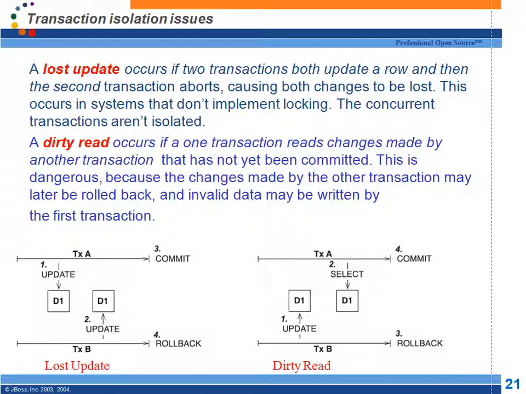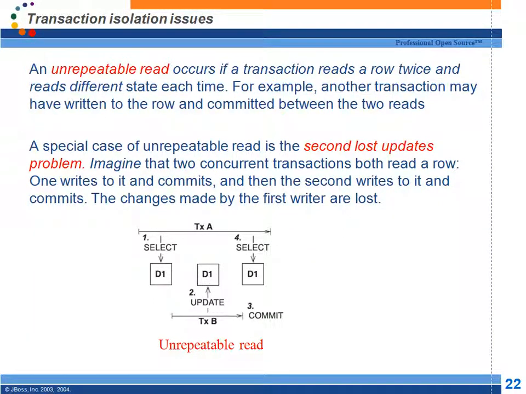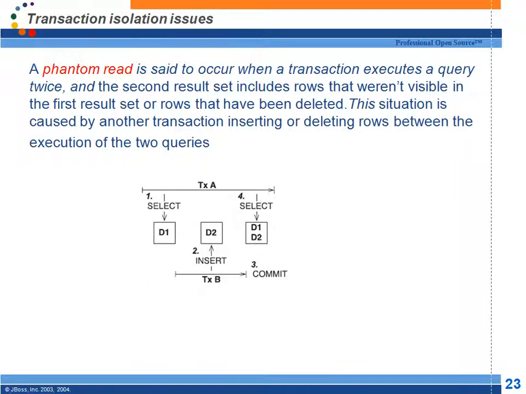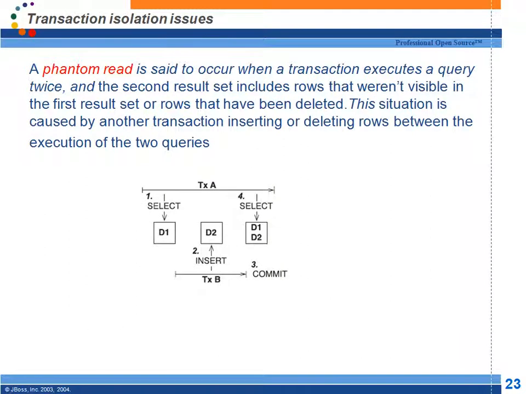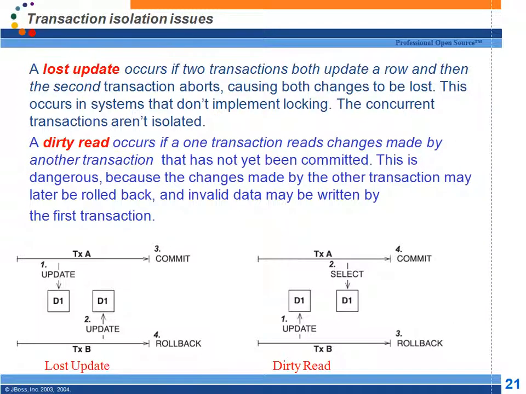There are a lot of transaction isolation issues, like last update issue, dirty read issue, and also unrepeatable read, and also phantom read. These are various transaction anomalies which are found in our applications. We are not going to discuss what the different types of isolation issues are, but just understand these are the 4 types of isolation issues which are most common in any database application.